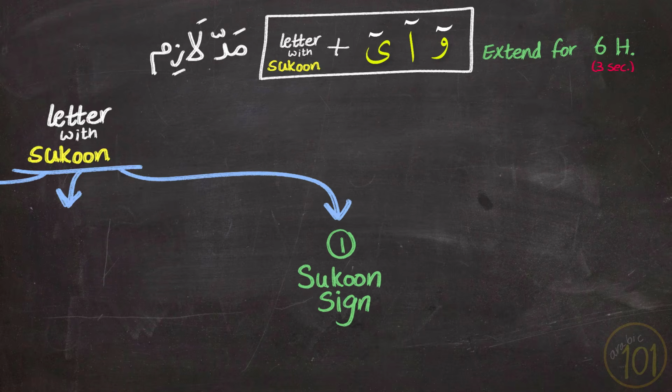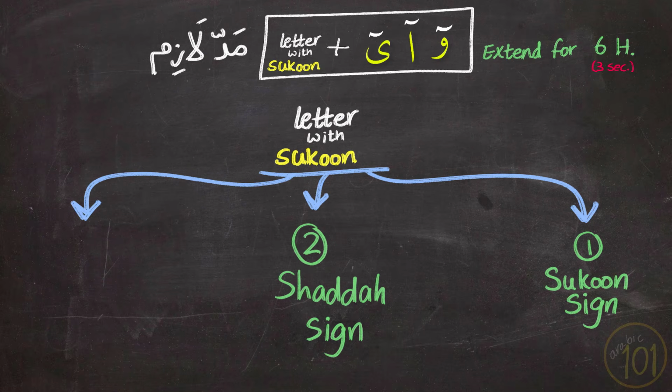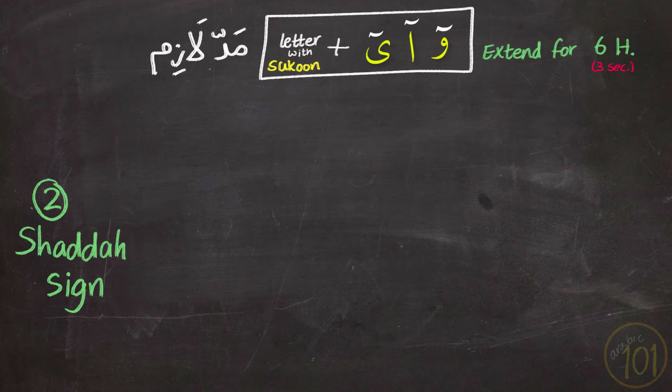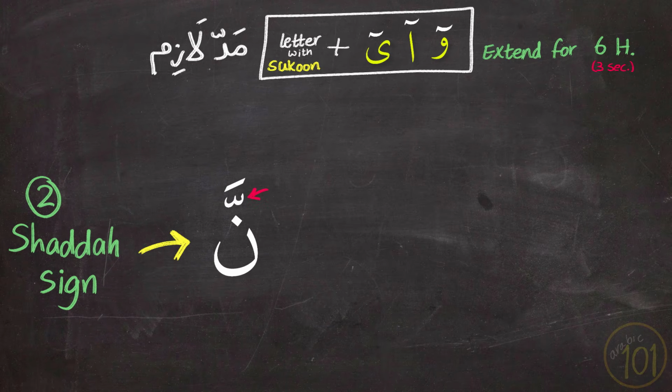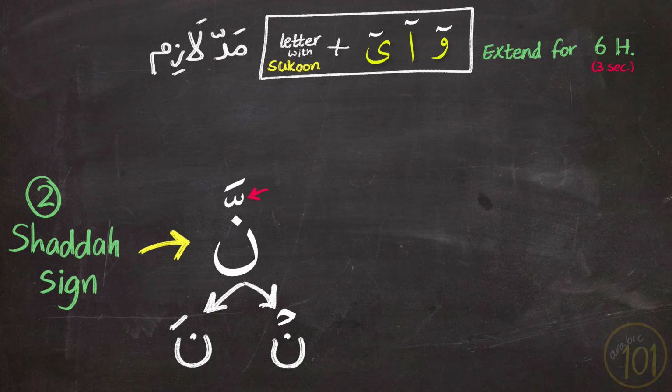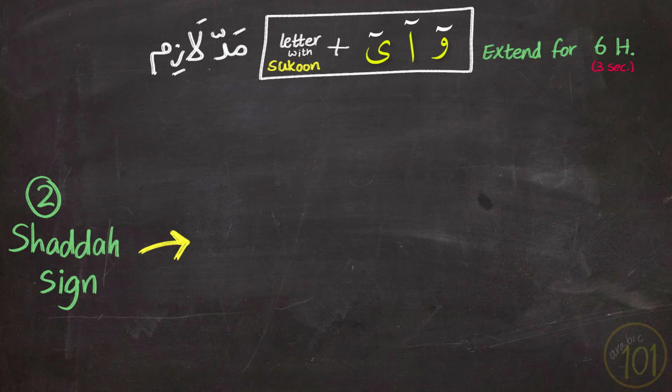The second type of letters with sukoon is a letter having shadda, which is this sign. And this also means that there is a sukoon integrated. How? Well, a letter with shadda means that it is doubled, and the first letter of which has sukoon. So in Surah Al-Fatiha we say